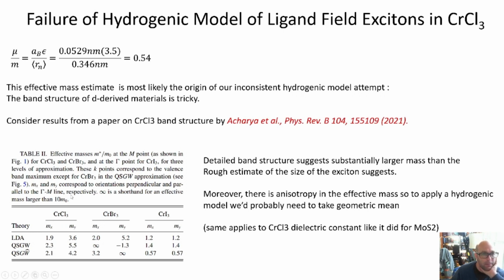And they are quite a bit larger than the 1/2 that we got from that size. And moreover, they're anisotropic. And so I think this is probably a place where I'm quite certain our analysis is flawed. All right, where we absolutely do not have accurate effective masses